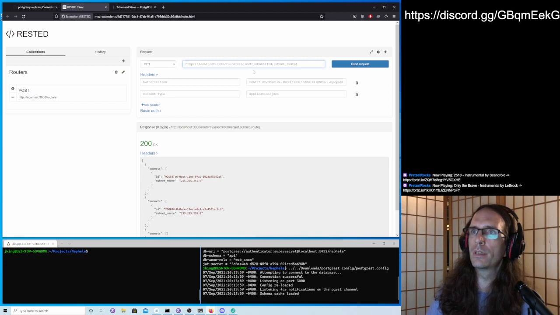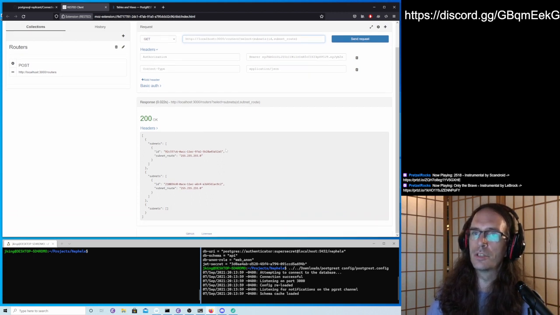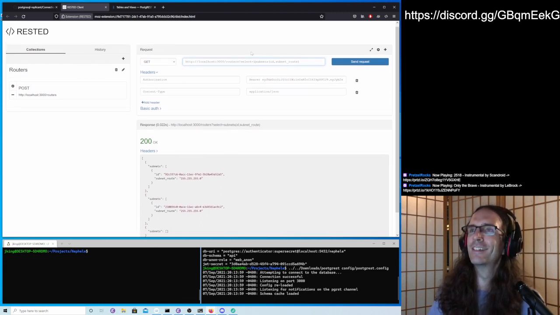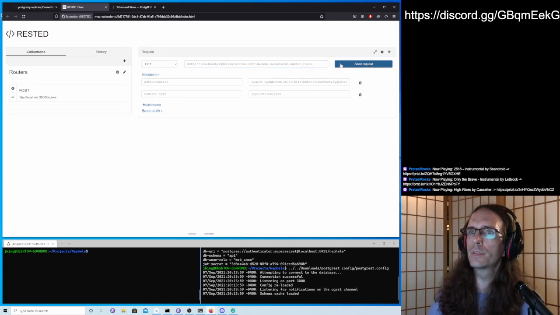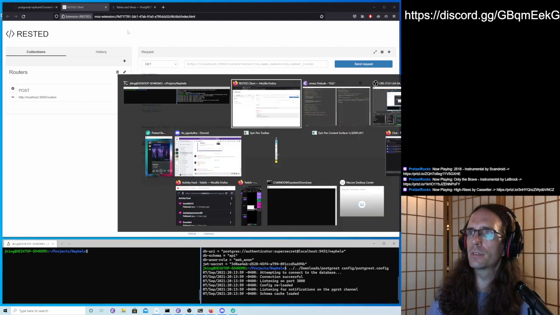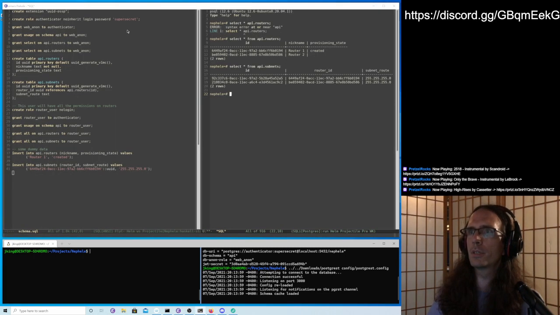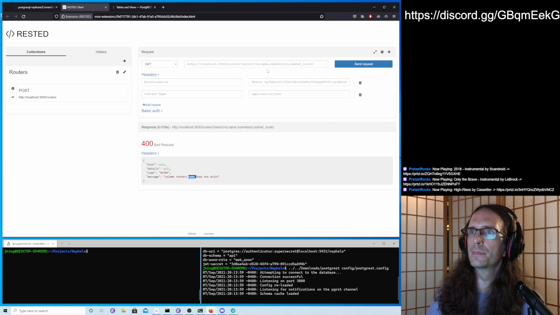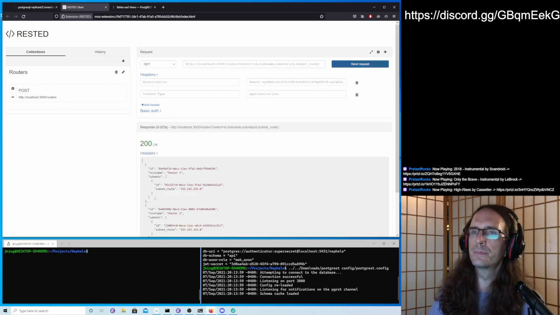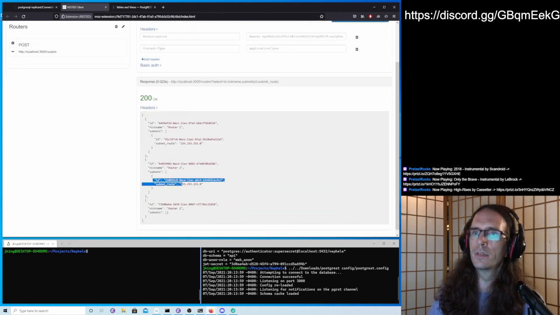And of course, we need all of the subnets for the router. Right, router name and subnets, say. So it knows even the column name doesn't exist because I'm a silly person. We called it nickname, not just name. So if I type that in there, that should do it. All right, so that's how you select that stuff out.